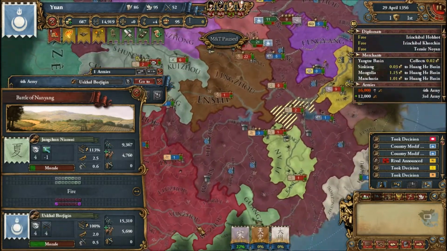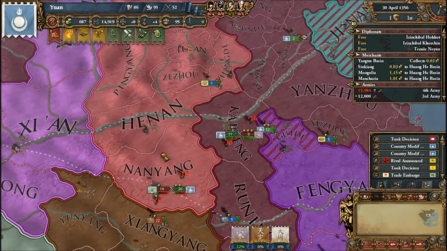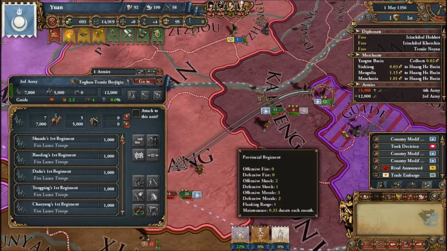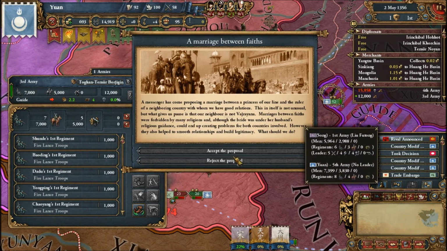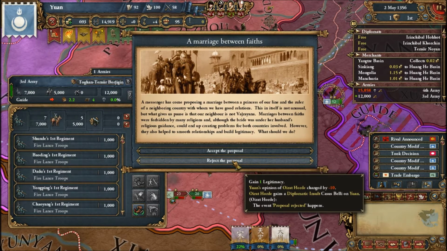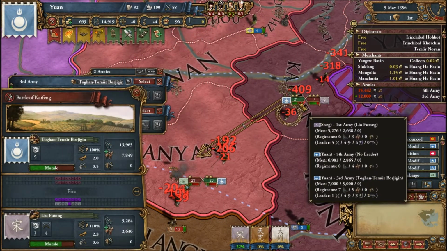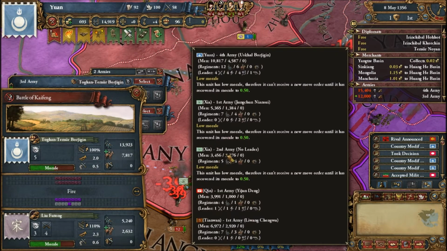So, my various soldiers that are fighting around China are actually winning. If we are able to defeat these guys, this army is actually marching into here. If we can smash these guys really quick and get reinforcements... A marriage between faiths, religious scandal, or reject the proposal. I gotta reject it. I have to. On principle alone. If we can get this 21,000 men into this battle, we'll be pretty set,